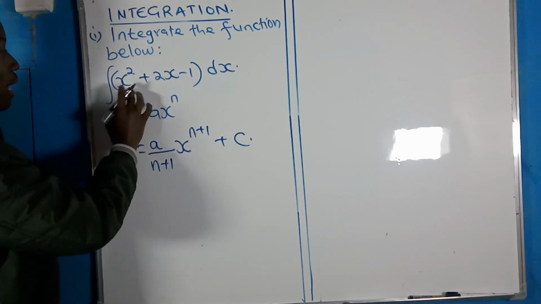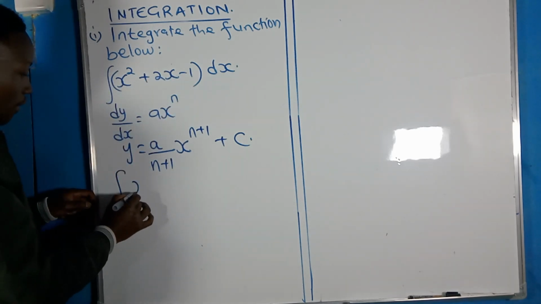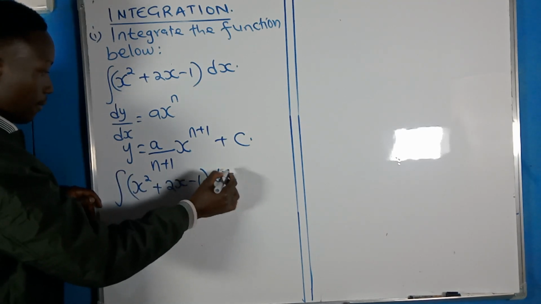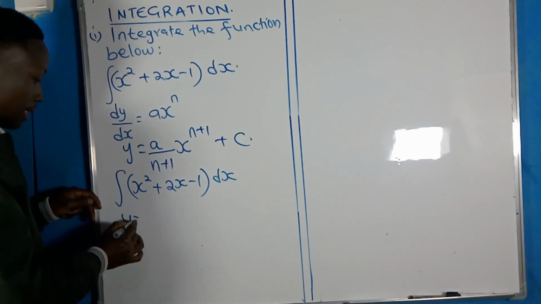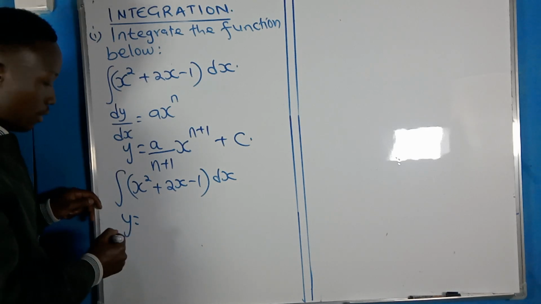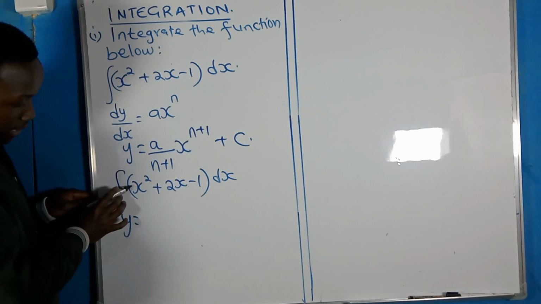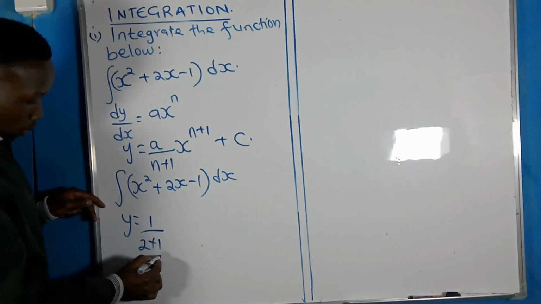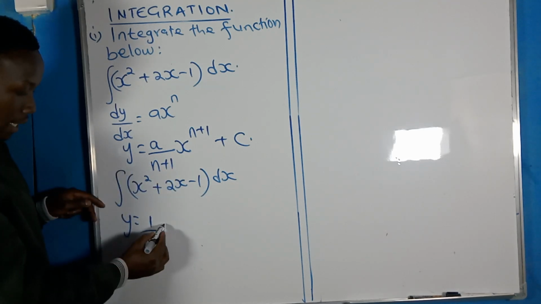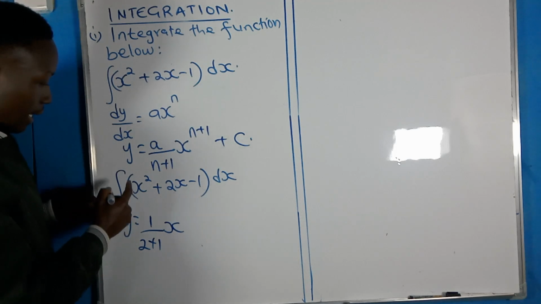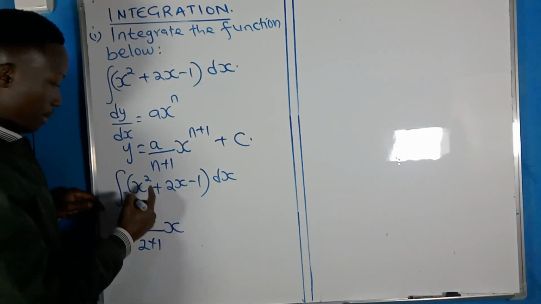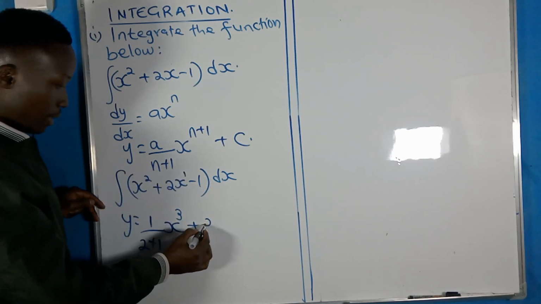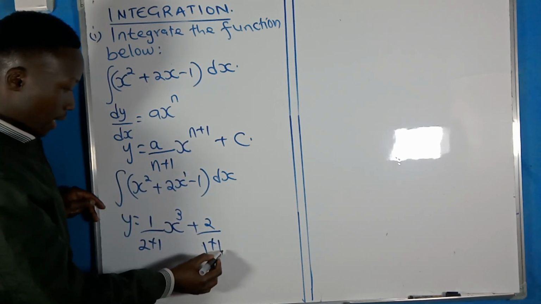So having this question here, the integral of x squared plus 2x minus 1 with respect to dx, we are going to integrate every element of this polynomial. The first one: the coefficient of x squared is 1, so it will be 1 over 2 plus 1, remember it's n plus 1, then x, and our power will be increased by 1, so 2 plus 1 is 3. Plus, this is the same as 2 to the power 1, so it will be 2 over 1 plus 1,